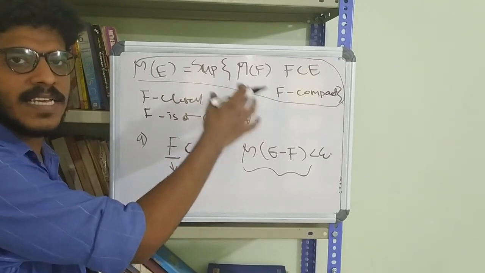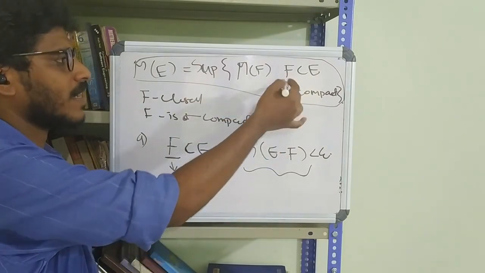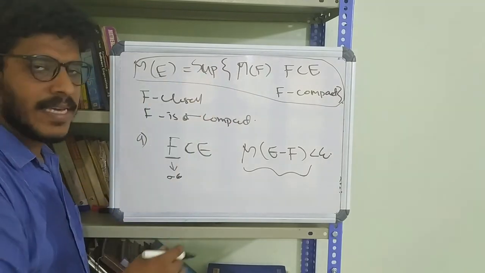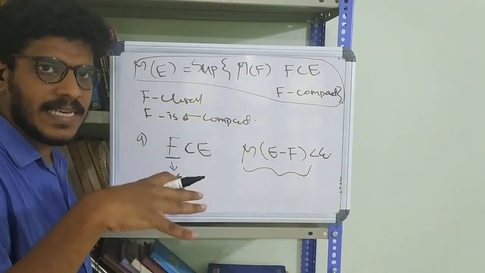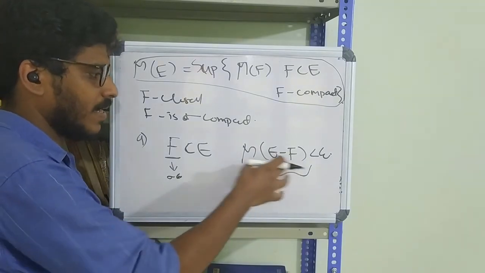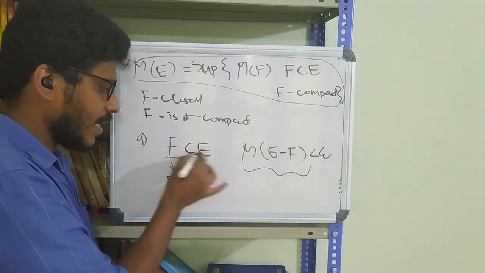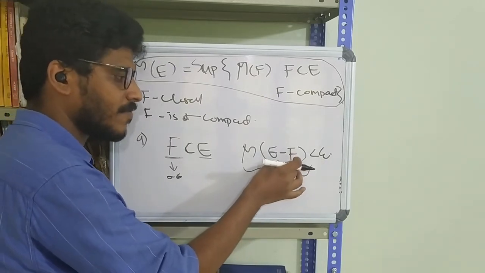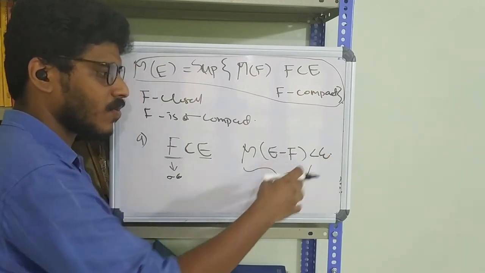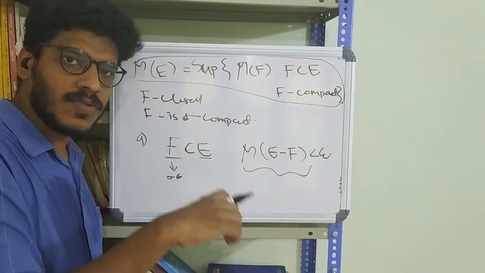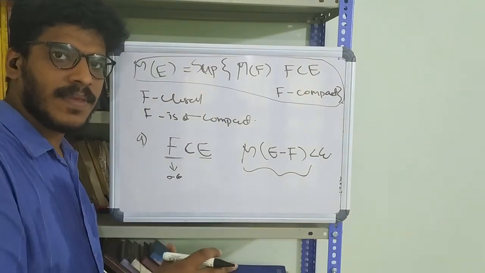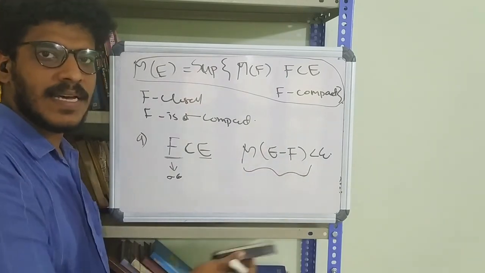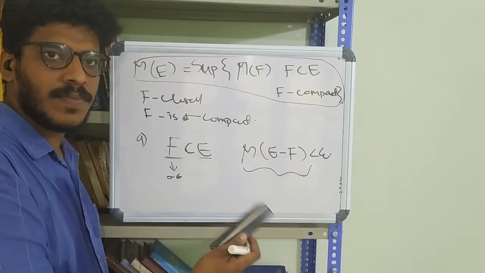See, this expression says the same. We have compact sets inside E, which can be used to approximate the measure of E from inside the set E. Right, the same is meant here. We have sets inside E which come closer to the measure. The measure of their difference comes closer to 0, which means those two sets come arbitrarily closer. Remember, the measure going to 0 never means that those two sets, that set, is going to be